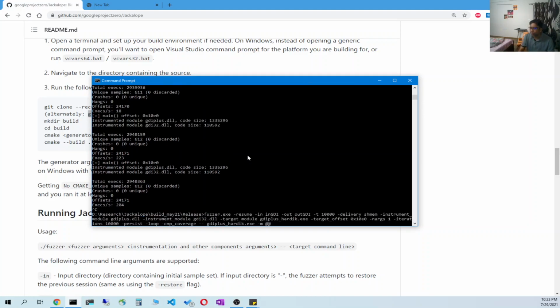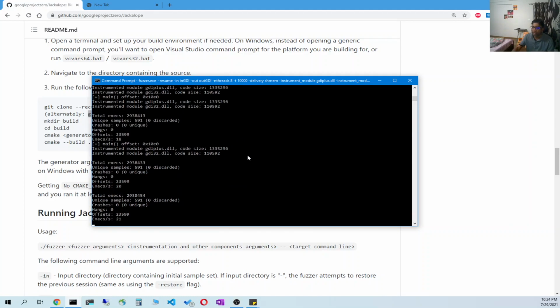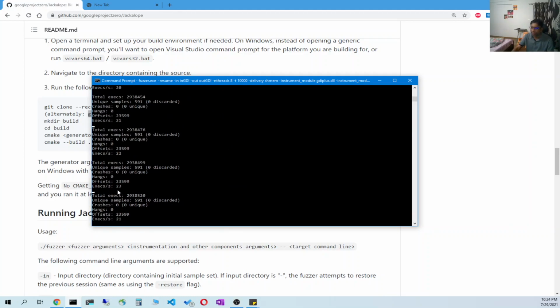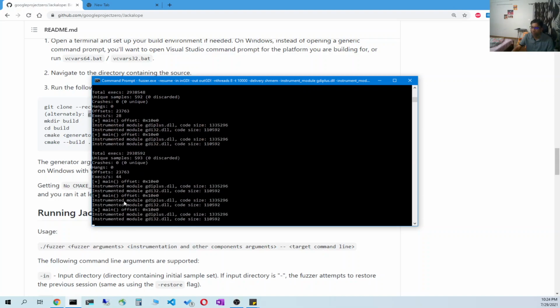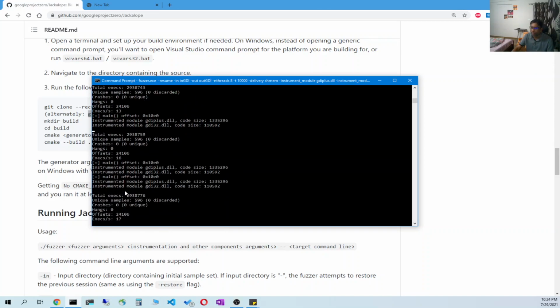Another thing you need to use over here is that if you want to use multiple CPU cores, then in case of WinAFL, you need to run one master and different slaves. But in this case, you can simply use an option that is dash threads, and you can give the number of CPU cores you want to use. In my case, I have 8 CPU cores, so I am giving 8 over here, and that will work. You can see that it is fuzzing our program, and the execution speed we are getting varies from 20 to 60. Again, it is coming down to 16.